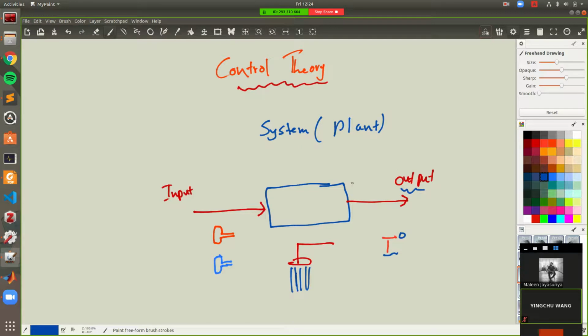So you can think of this as a simple system with inputs and outputs, right? And the great thing is, you can take any sort of thing you're interested in, like this, and think of it in terms of an input and an output and an intermediary system in between them, right? The first step in control theory is modeling this whole scenario mathematically, and we're going to discuss that today, right? But before jumping into that, I'm going to use this simple example to explain the difference between what we call an open loop control system versus a closed loop system,